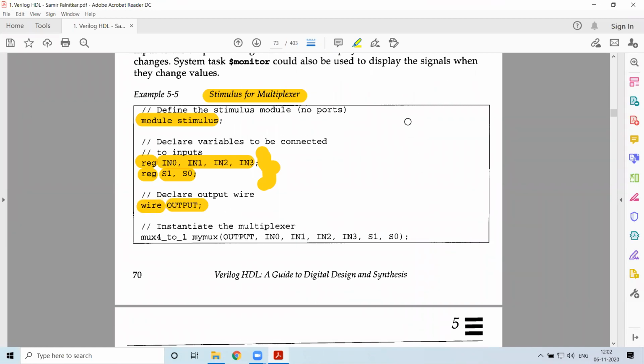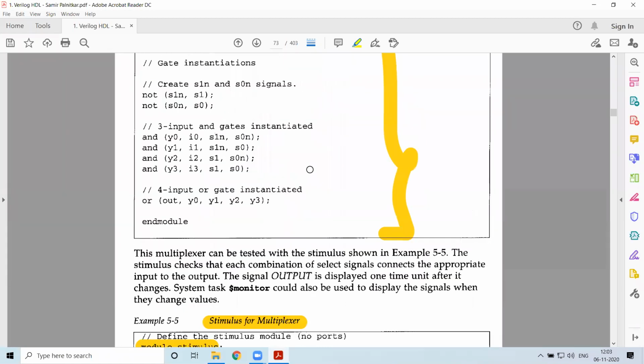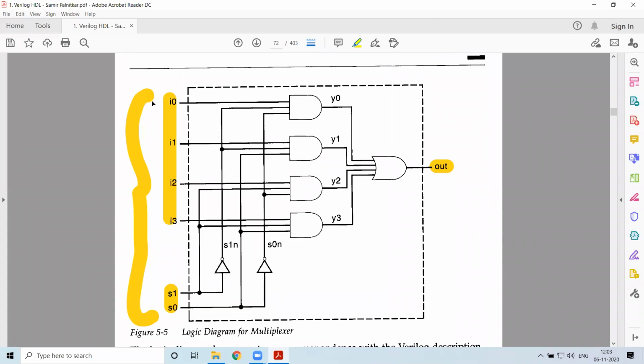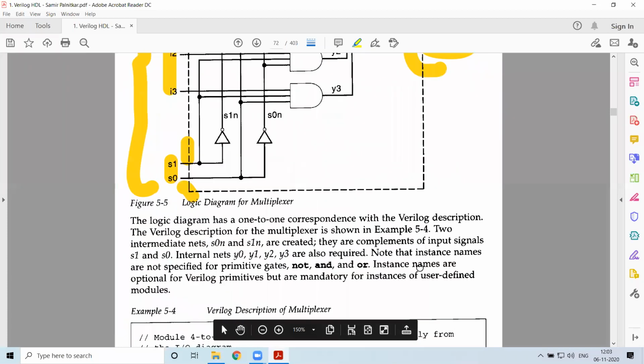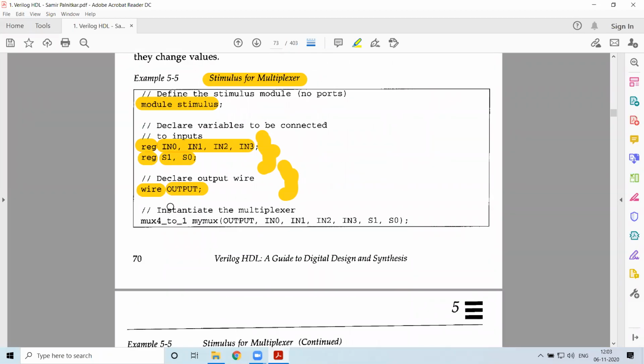So you should remember what the connection rules are within the module and outside the modules, and what data type is permitted. That we had discussed in the previous session. So now we have declared these things. Now I'll be using these to control this entire stuff. What will be the signal for I0, I1, I2, I3? Similarly for S0 and S1, and what will be the overall result? So using these, I'll be obtaining those. Let us see how we move ahead.